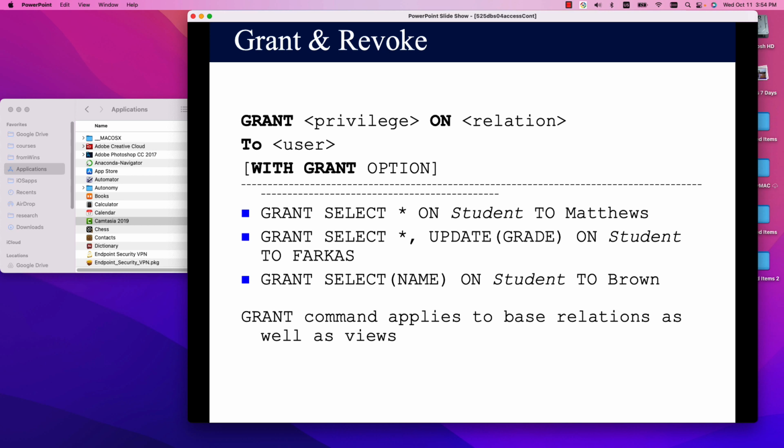In a real-world case like student and registration, yes, it should be cascaded, right? But not all the time. In some other cases,